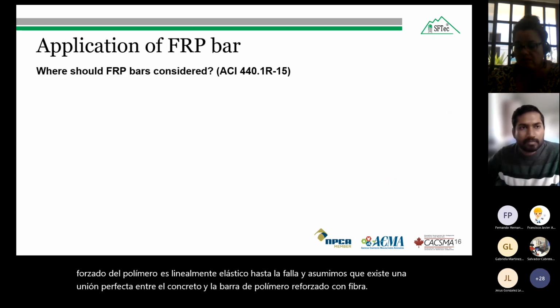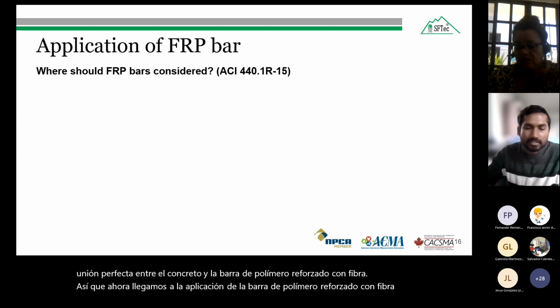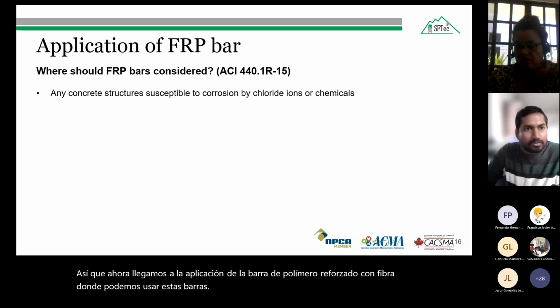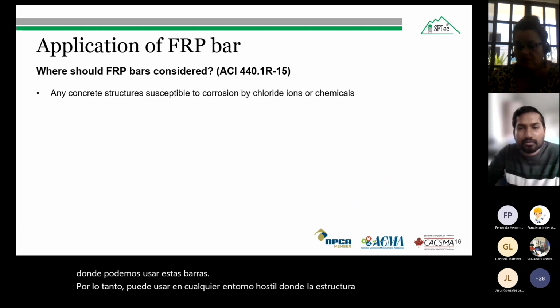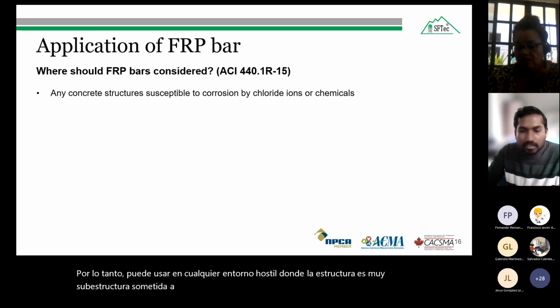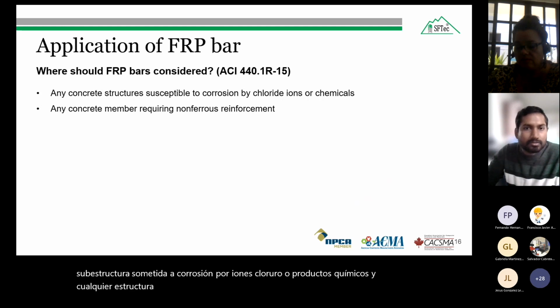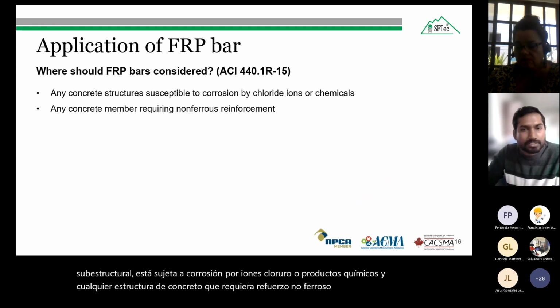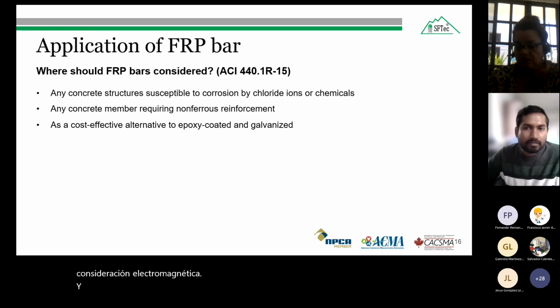So now coming to the application of the fiber reinforced polymer bar, where we can use these bars. We can use them in any harsh environment where the structure is subjected to corrosion by chloride ions or chemicals, and any concrete structure requiring non-ferrous reinforcement due to electromagnetic considerations, and as a cost-effective alternative to epoxy-coated or galvanized steel bars, and it will save a lot